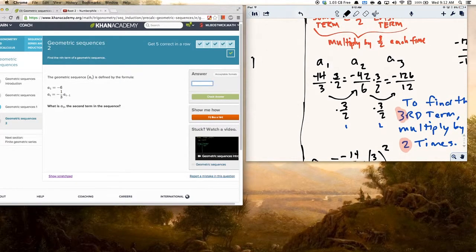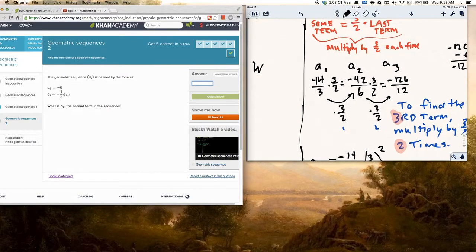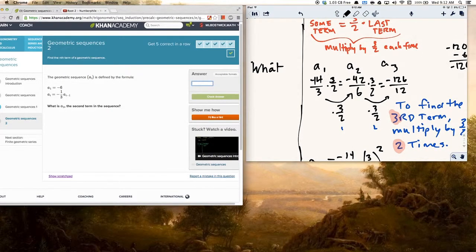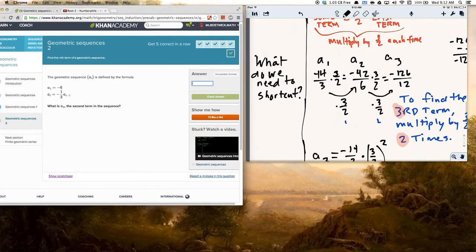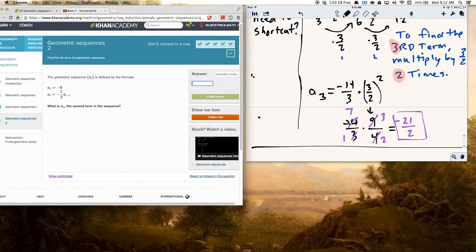Let's put it this way. What do we need to shortcut? And then how do you use